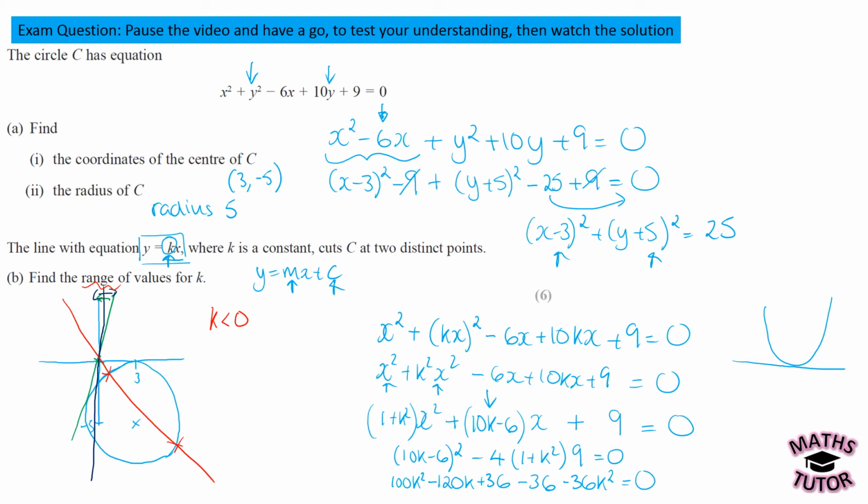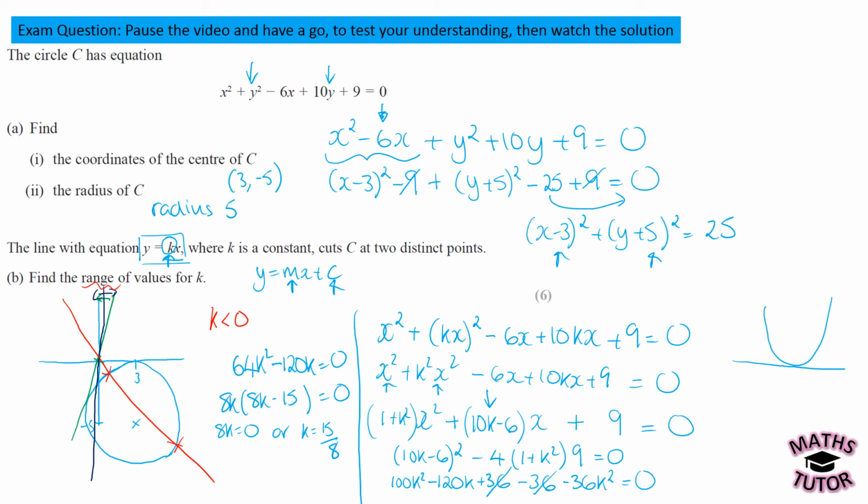So in terms of the k squareds, we've got 100 minus 36, so that's 64k squared. The 36s will actually cancel, and then we've just got minus 120k is equal to 0. Now taking what could come out, an 8k, and then we'll have 8k minus 15 is equal to 0. So either 8k is equal to 0 or k is equal to 15 over 8. So when k is equal to 0,